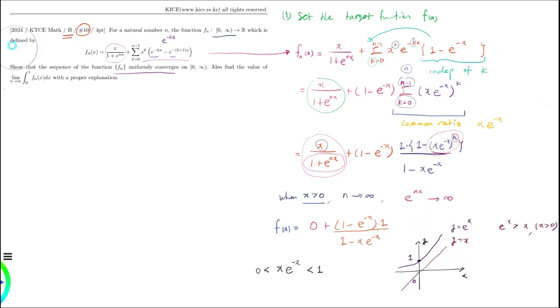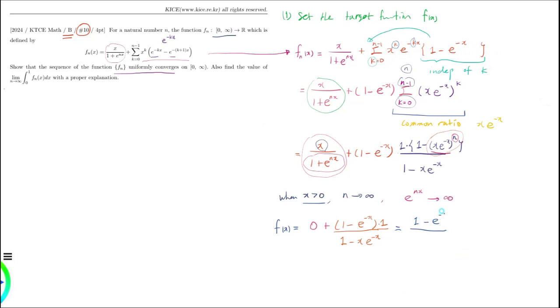So let me arrange this term. Our target function for the strictly positive region of x is 1 minus x to the e to the x power minus e to the x power over 1 minus x times e to the minus x power. Okay,